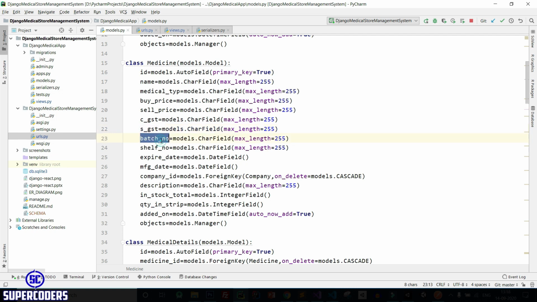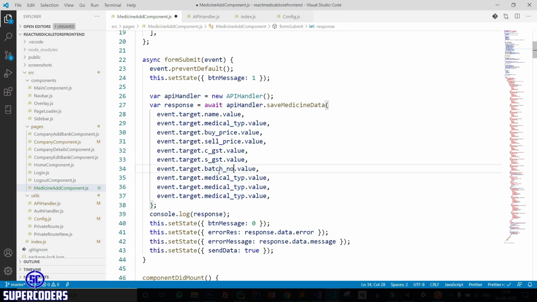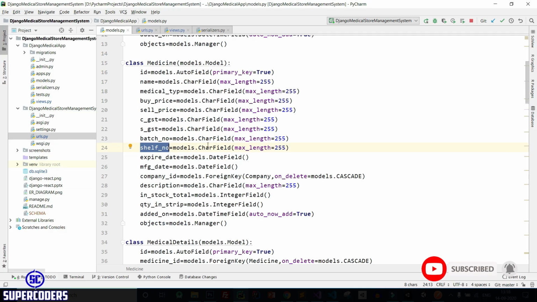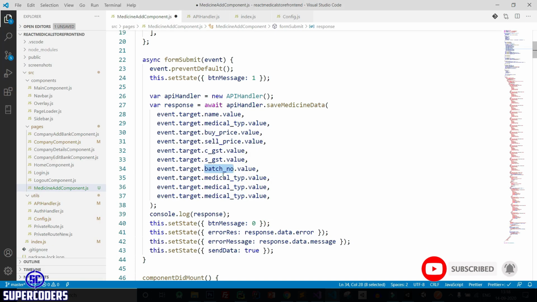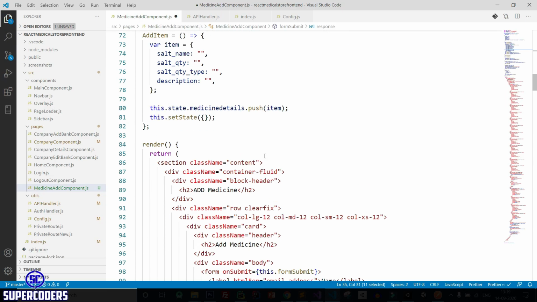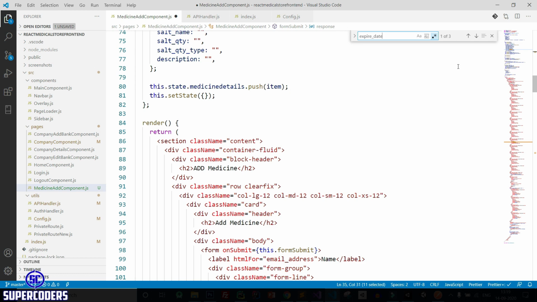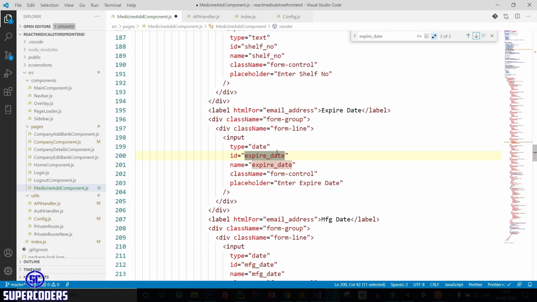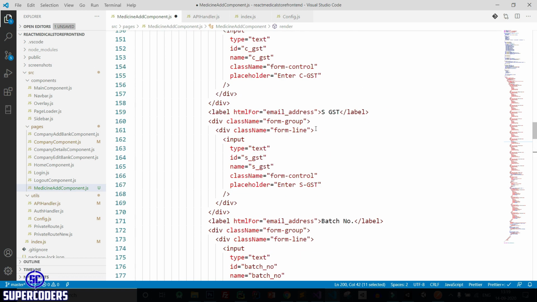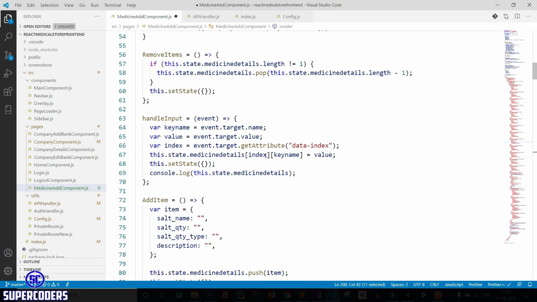After that batch number, paste it, and here expire date. And if you see here, the key name is the same in our field name and in our inputs. If you press Control F, expire date, you can see both are the same. So that's why I am copying this from Django, to make our work easier.